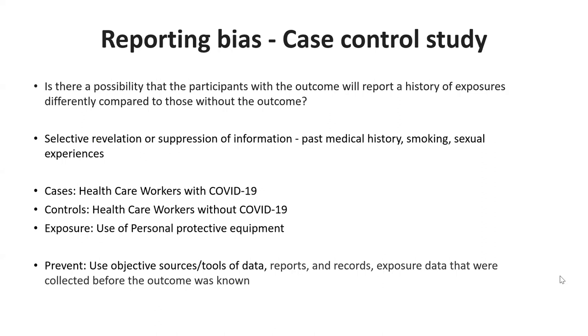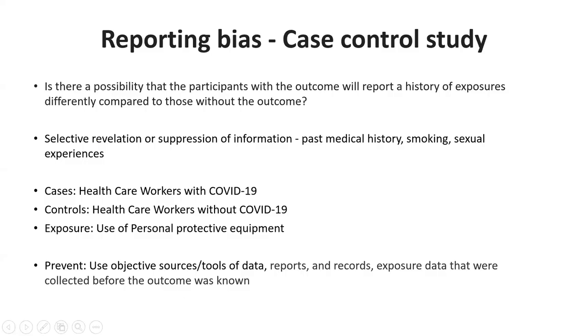But if people in both the groups are going to be influenced by social desirability bias equally, then it might not really cause bias. But if the response from the respondent is different in the two groups and it is associated with the outcome also, then we would be worried about information bias. Now, for example, if you are looking at a study of healthcare workers and their usage of personal protective equipment and COVID-19,